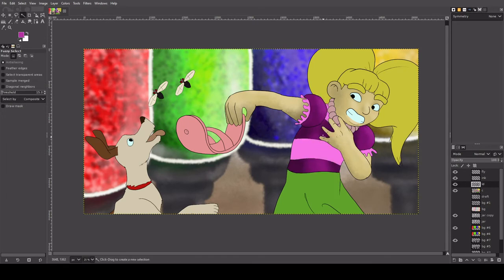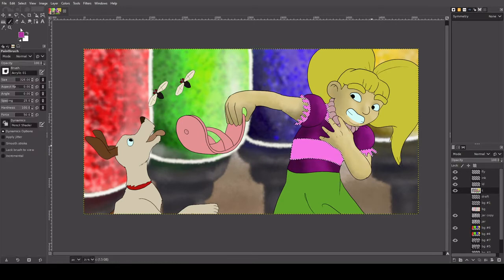You always got to keep your light source in mind when you're doing, well, lighting. Alright, keep it going though. Shading doesn't generally take too long in most cases. Unless you're like